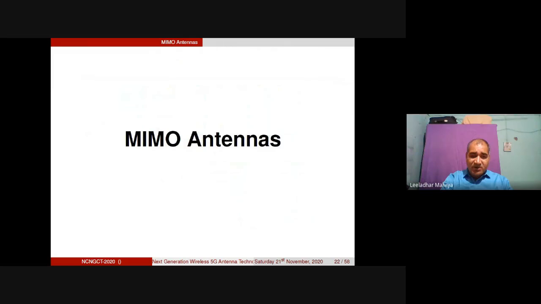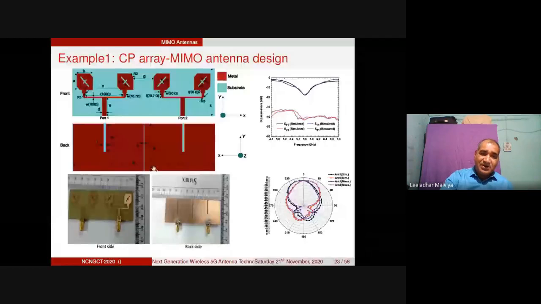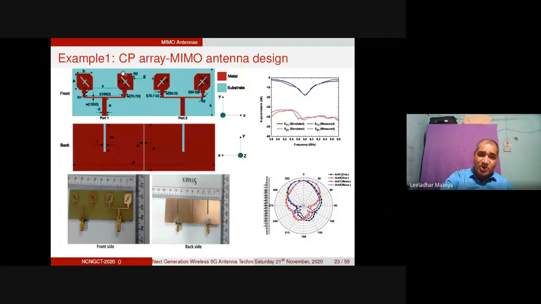Okay, so now the next candidate of the 5G is the MIMO antenna, right? But the question is how the MIMO antennas can be used to obtain more gain. So that's why I did this design in 2016, and it was published in the PRC Journal, right? What I did here is that I used asymmetric shaped slots to create a circularly polarized antenna, so that the moving users can be covered and the polarization mismatch can be limited in that case.